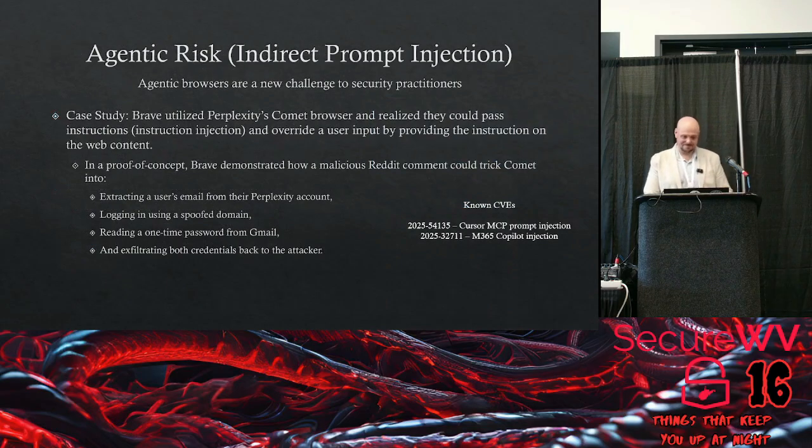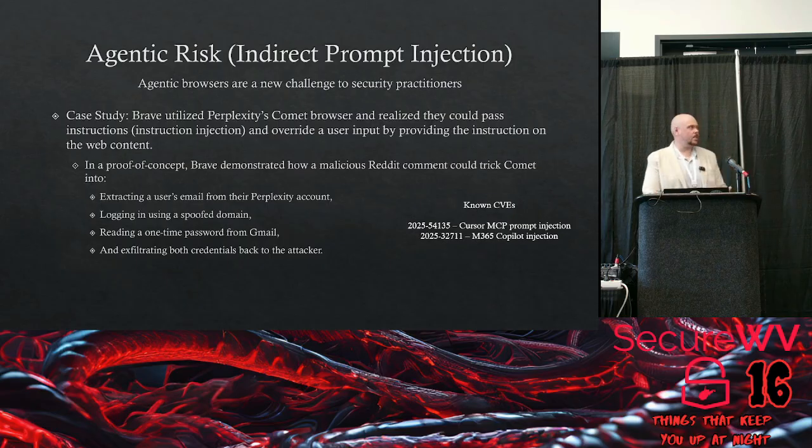Here's my favorite one, the agentic risk around indirect prompt injection. I kind of mentioned earlier that agentic browsers are the new rage. OpenAI released Atlas. Perplexity's had Comet out. I somehow opened Edge the other day on accident and realized Copilot's embedded in it. We're starting to see these things, and users are starting to gravitate towards them for workflow and productivity increases. That's great, until we run into that same prompt injection we just talked about.